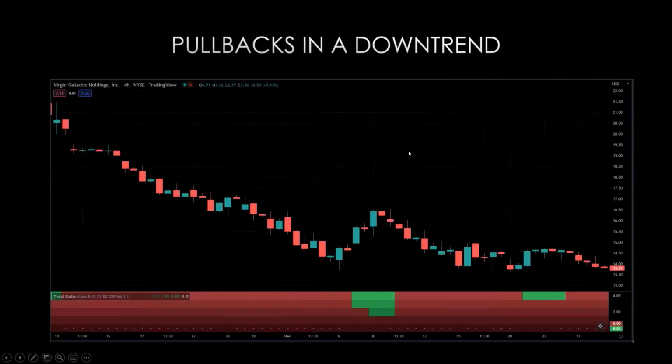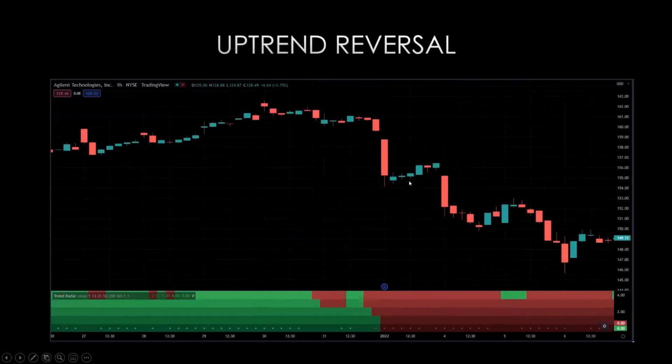Or in the next case, we bounce down to the medium term, price bounces up, but we see our green squares dip down to the medium term here, the middle line, before finally price continues with the overarching downtrend. So those were pullbacks. And here we see a common way a reversal might happen,